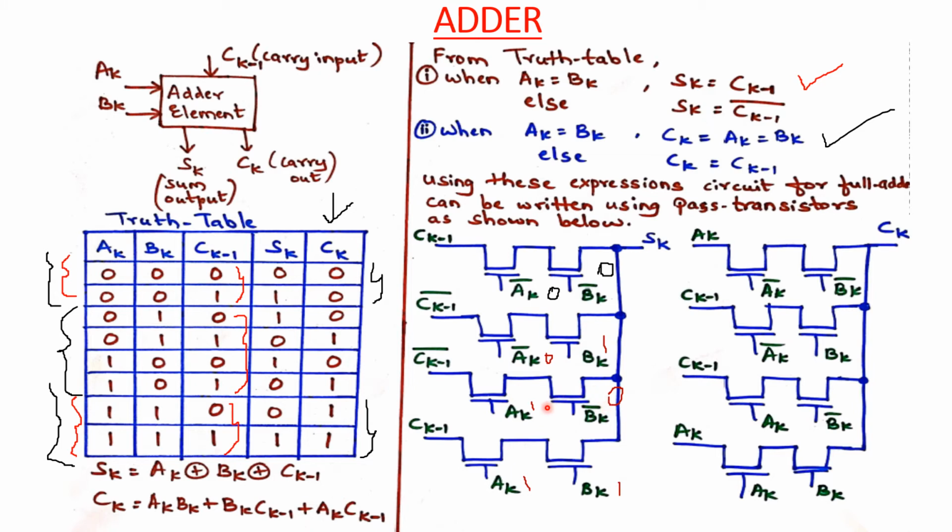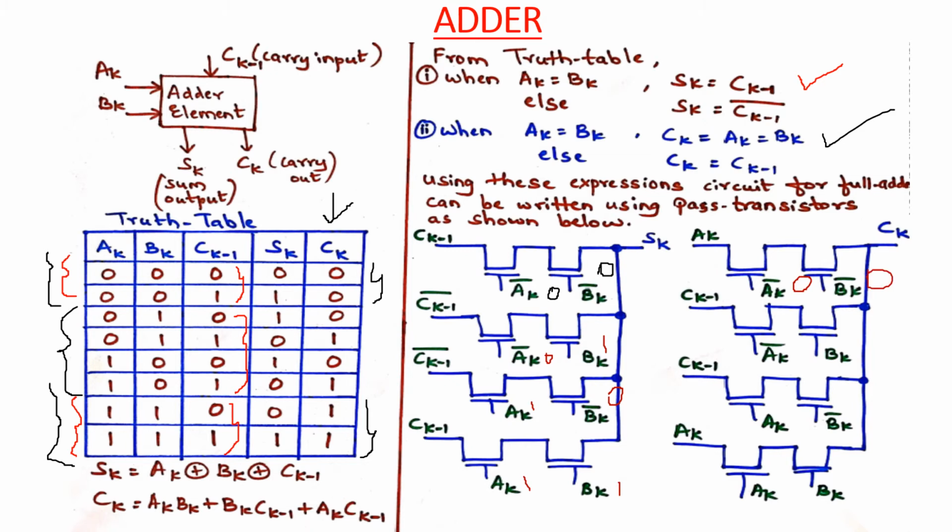So if these are different, then sum is equal to complement of carry input. If A is 1, B is 1, this can be written as AB. Both are same, hence sum is equal to carry input. Coming to carry output circuit,